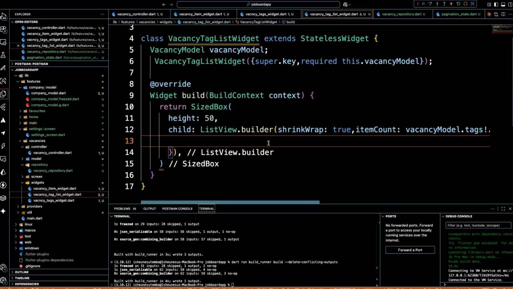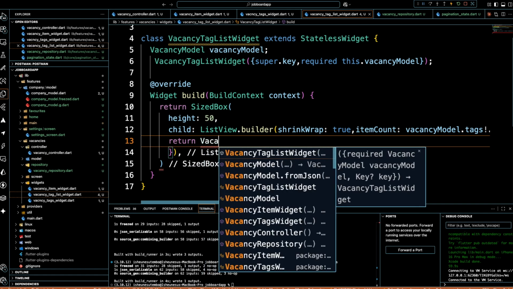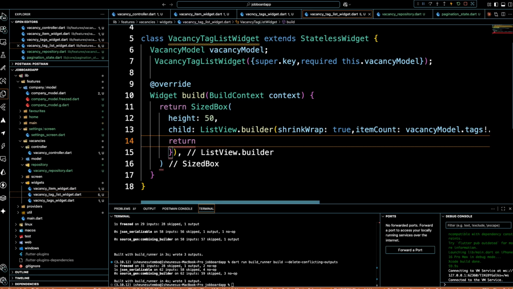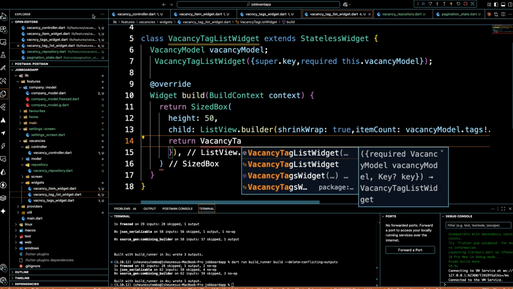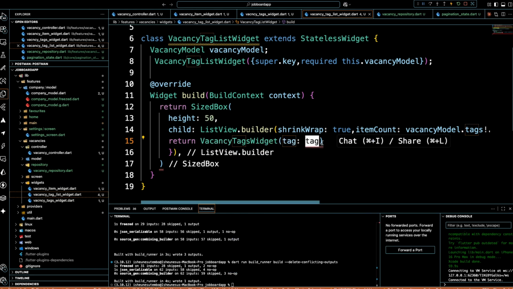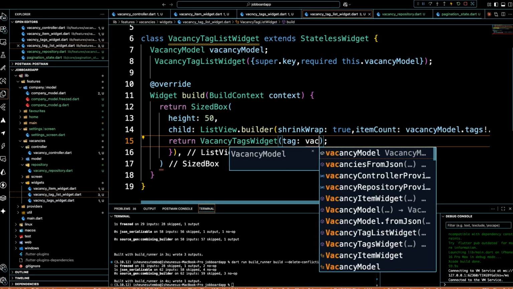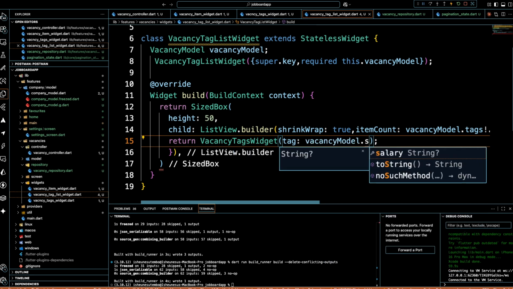And then here we simply return our vacancy text widget, right? And then for the text we just input vacancyModel.skillText,